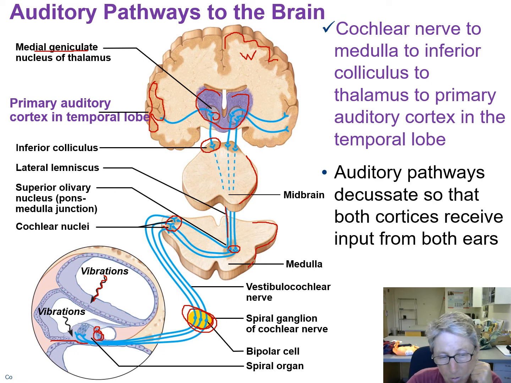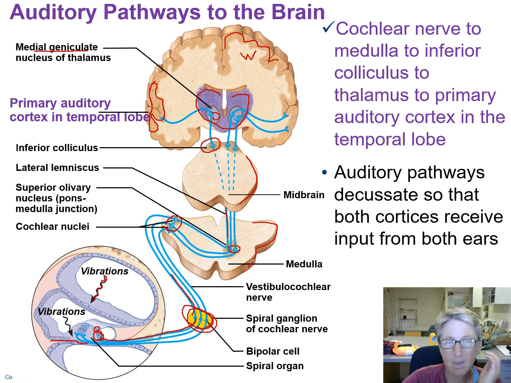Ions come in, you get a graded potential in the inner hair cell, and then if it's great enough, you'll get an action potential that will send through a sensory afferent neuron, through the axon of that sensory afferent neuron, where it will synapse here with a second neuron in the spiral ganglion of the cochlear nerve,